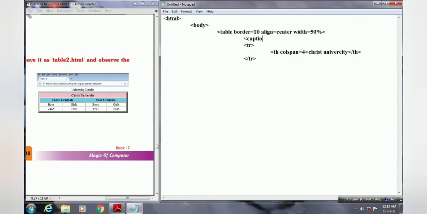So first the opening caption tag, and after that you write your content, that is University Details, and then the closing caption tag. If you want to display it with a bigger font size, then you can use the h1 and h2 tags along with that. So this is the caption tag we have used to display the heading of our entire table.